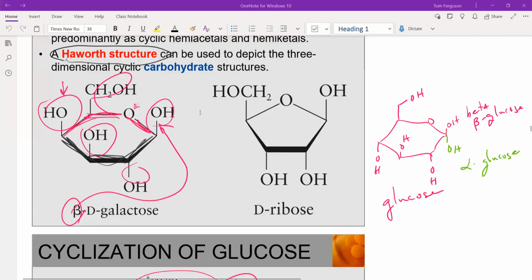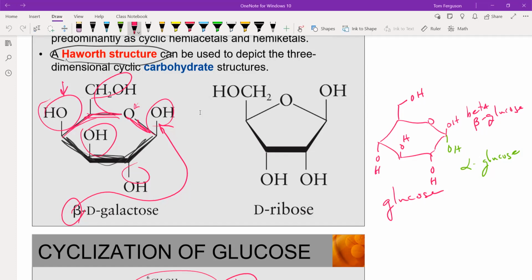Okay. I'm going to start here from where we left off Monday. Now, a couple things. Most carbs are in the cyclic form, like 90% of the time, but they do open up. The reason they open up is because